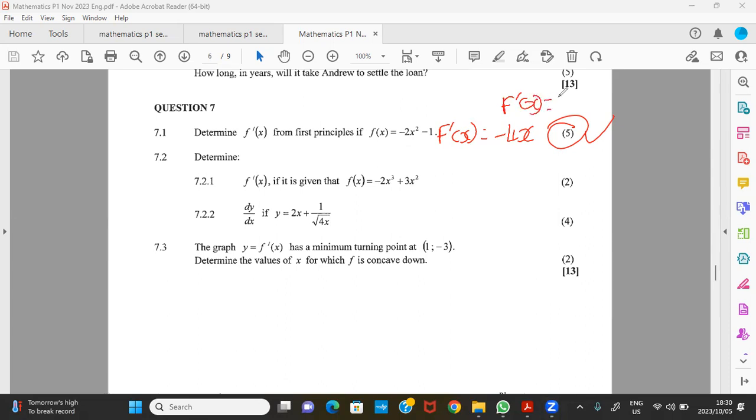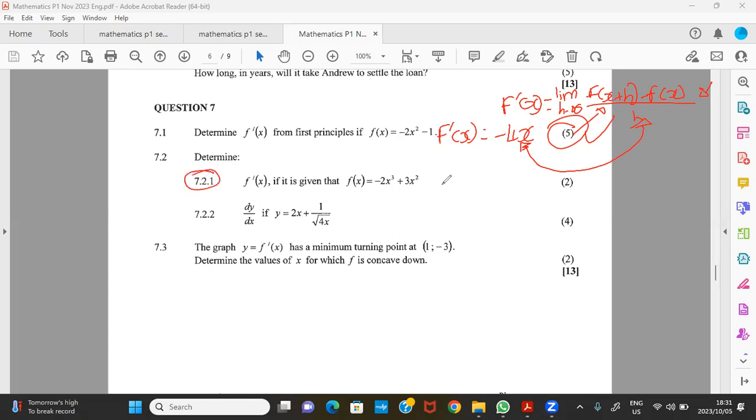You must use your formula: f prime x equals the limit as h tends to 0 of f of x plus h minus f of x, over h. You have to use this formula, you are forced. But either way, that's a free 5 marks. Then after getting your answer, compare it with this one. If they are the same, then you know you are on the right track. You can move on to